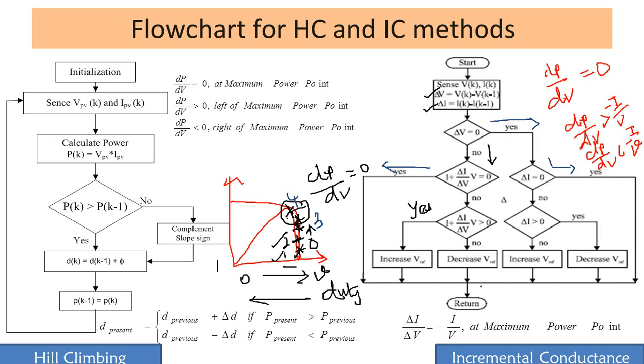Then it continues. So how it goes is based on the conductance value. If the MPP value is reached, it will keep on operating at one particular point, and that particular point is what you call the incremental conductance point or slope point, where our MPP will be reached. So this kind of conductance based MPP operation is what we call the incremental conductance method.